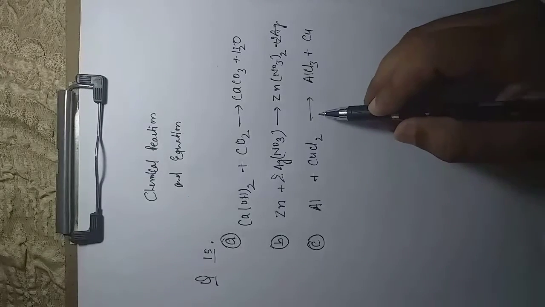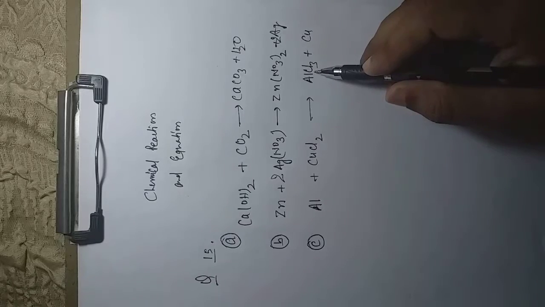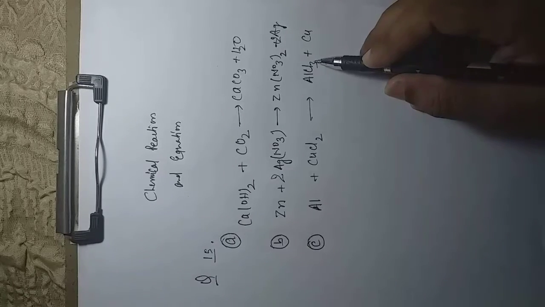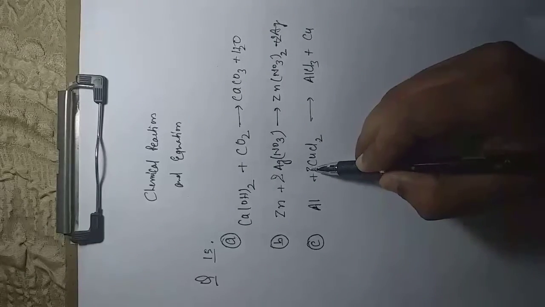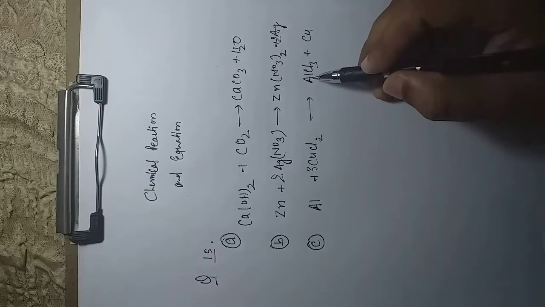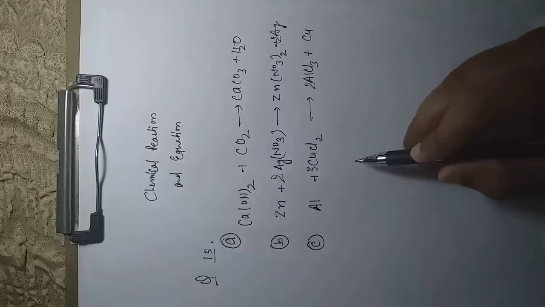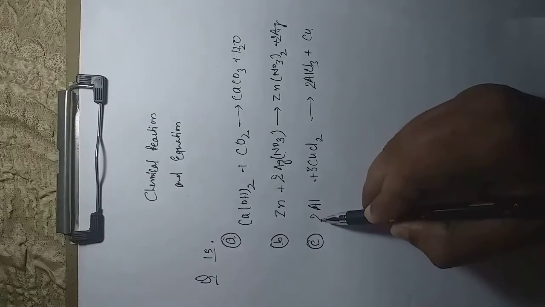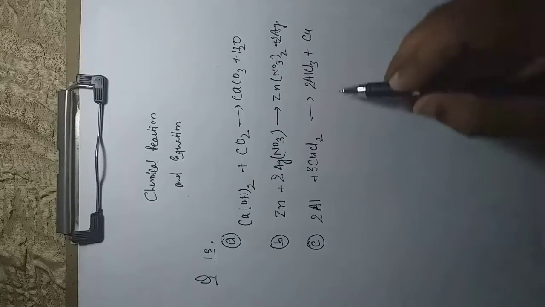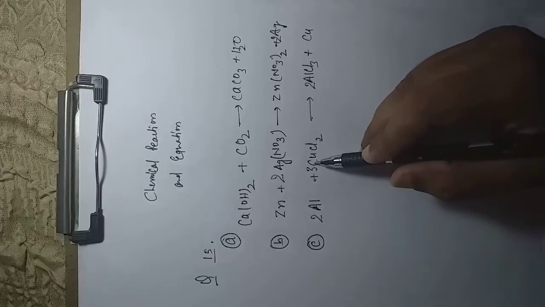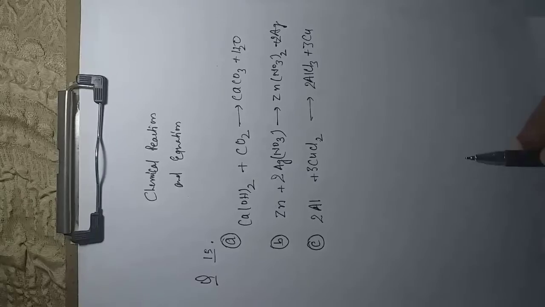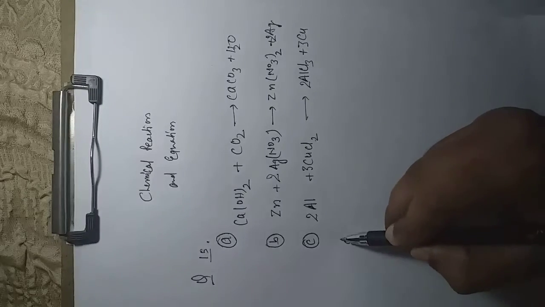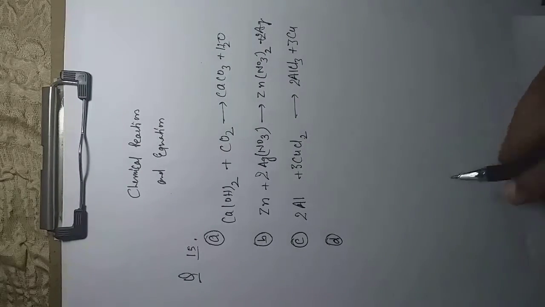So finally go for balancing the chemical equation. What should I multiply? See, this side is 3 and this side is 2. So you multiply by a common number by which both sides become an equal number of chlorine atoms. Now there are 2 aluminium, so you multiply by the factor 2, and copper is unbalanced because there are 3 copper on the right hand side, so multiply copper by the factor 3. Perfectly balanced chemical equation. Now look forward to question D.